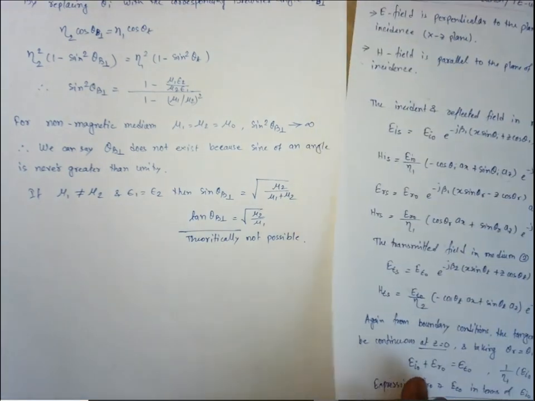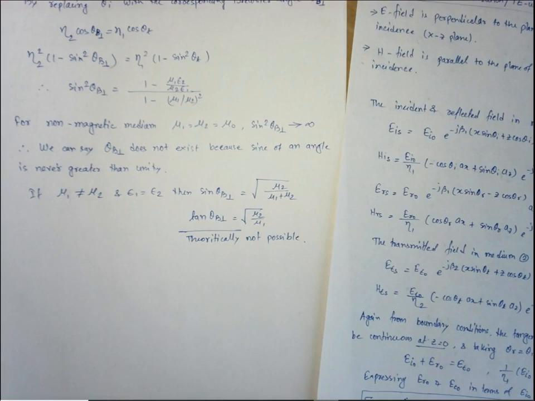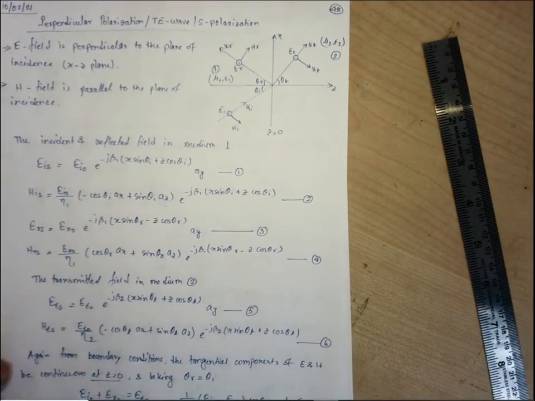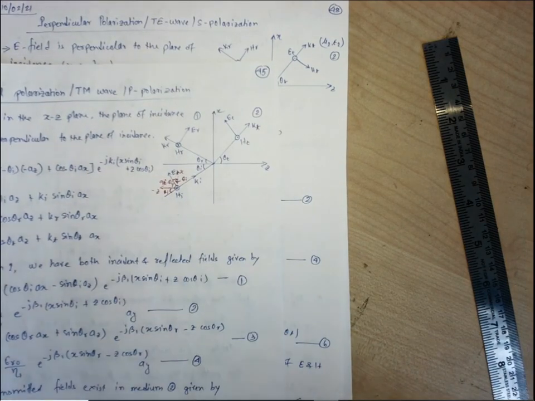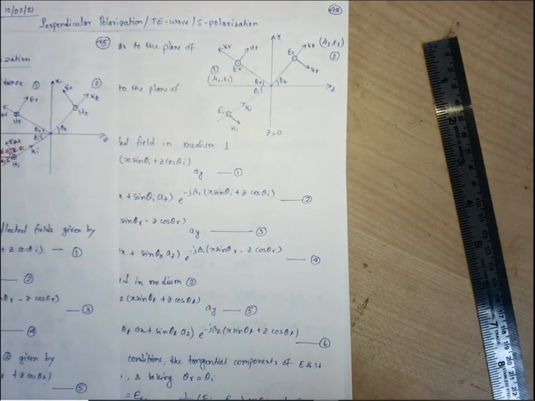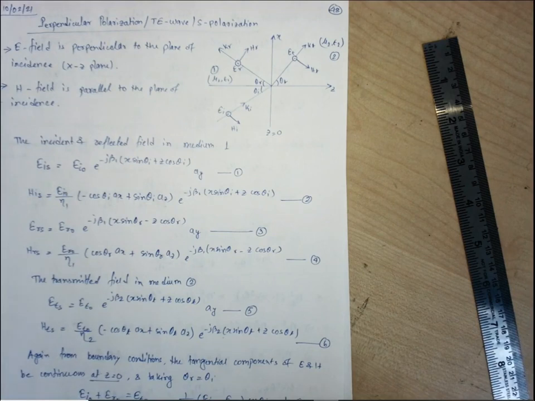Any doubt up to this? Anyone, any doubt? A doubt may be there about how these components have been derived from this diagram. In the previous class I showed how we derived these components, by taking the vector decomposition. So similarly, you just go with this and try to find out these different components. There may be some confusion, but if you go with the mathematical calculation, you can easily find the result.